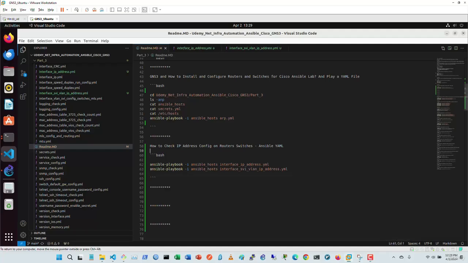Imagine that you have hundreds of routers and switches in your network, and you're going to check IP address configuration on all routers and switches. How to check IP address configuration on routers and switches with an Ansible YAML file. We have a simple YAML file, as you can see here, for interface IP address, and with this YAML file,